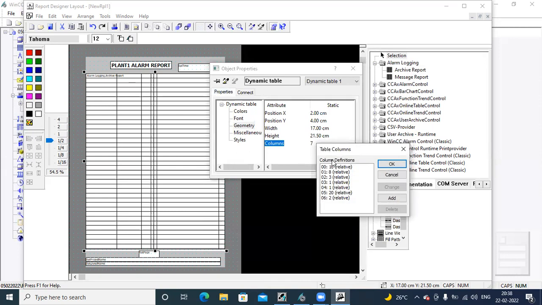Double click on columns. Here we have to select the size of the column. 3 columns are already there for date, time, and number. Next, for acknowledgement status, I'll select some value like 15.